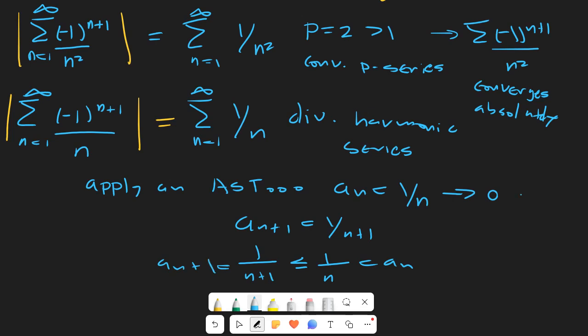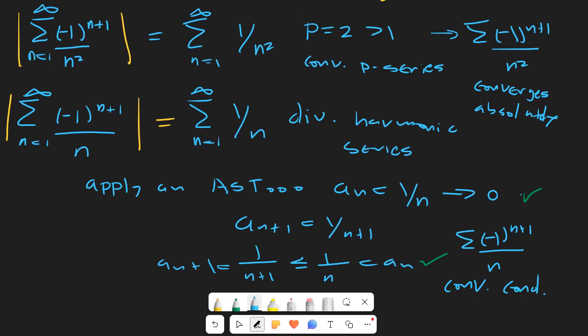So you have the first condition, which says that they're decreasing, the second condition, which says that the an plus 1 term must be less than the anth term, which means that the series negative 1 to the nth plus 1 over n, it converges